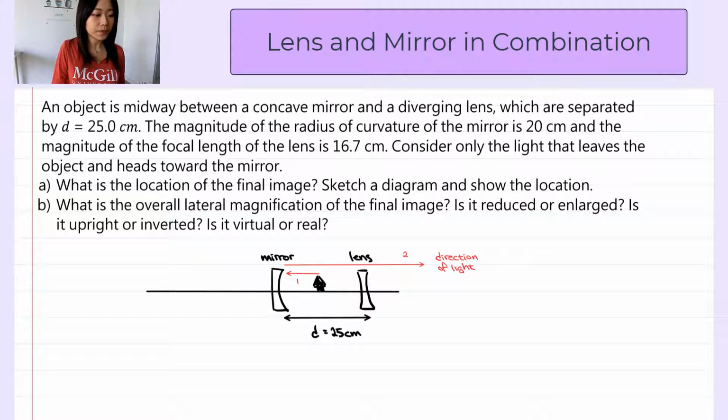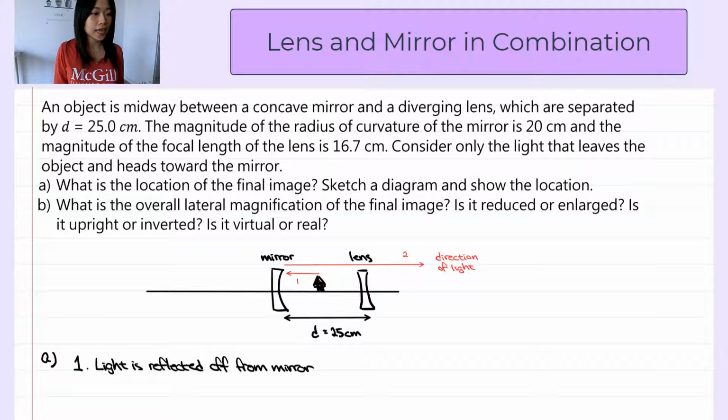Find the final image. To find the final image, we need to consider two steps. First step is when the light is reflected off from the mirror. And the second step is the reflected light passes through the lens. And for the second step, we are going to use the image formed from the first step as the object. So in the first step, light is reflected off from the mirror. Since the object is in the midpoint of the mirror and the lens, and the separation distance is 25 centimeters, S1, the object distance for the first step, is half of the distance,